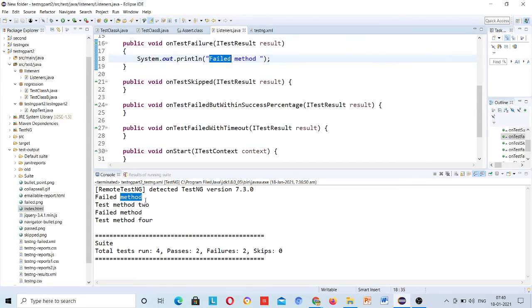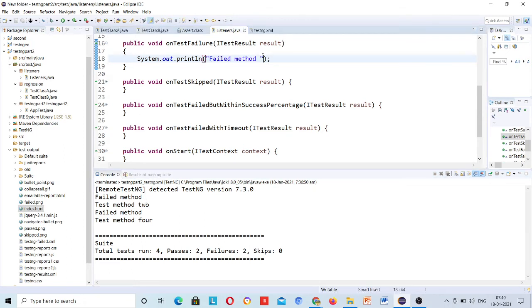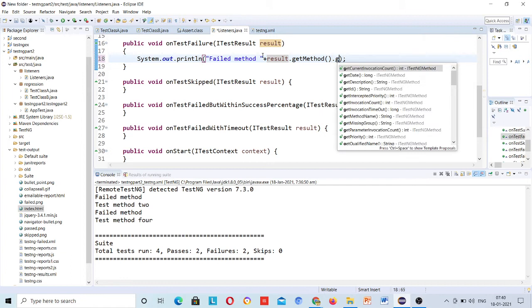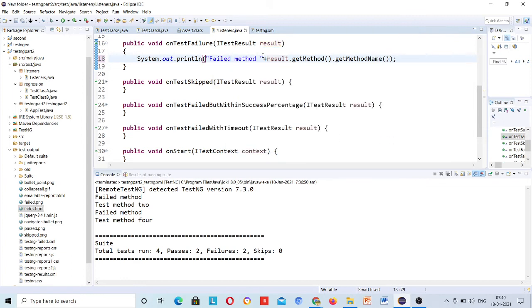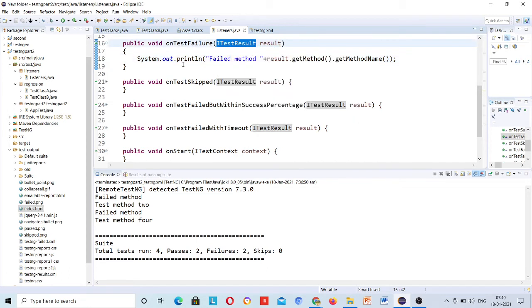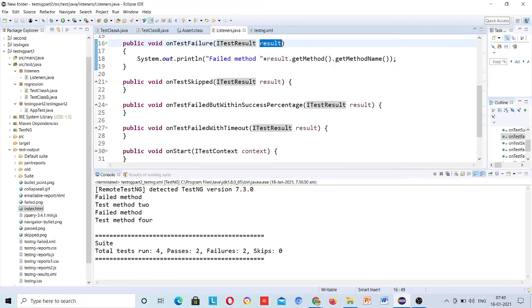Now if you want to print the method name also, just use this result dot getMethodName. So this result is part of what, ITestResult, and what this ITestResult actually is, how am I able to call by this, this is a reference variable, right? This will be a class or interface.